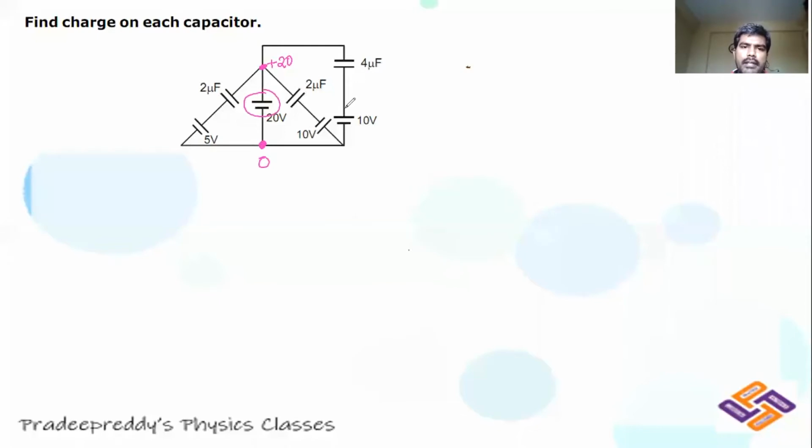Now coming to the second battery, here is one battery, it is 10 volt. As this is 10 volt, at this point it will have some potential which is plus 10 volt, and at this point it will be 0, right? Okay, so you have identified the batteries. There is one more battery over here, this is 5 volt, and on the right side at this point, because it is connected to the positive terminal, this is plus 5 volt, and here it is 0. Okay, so that is the first step. In step 1, you are just identifying the batteries and marking the potentials. That is step 1, you need to remember.